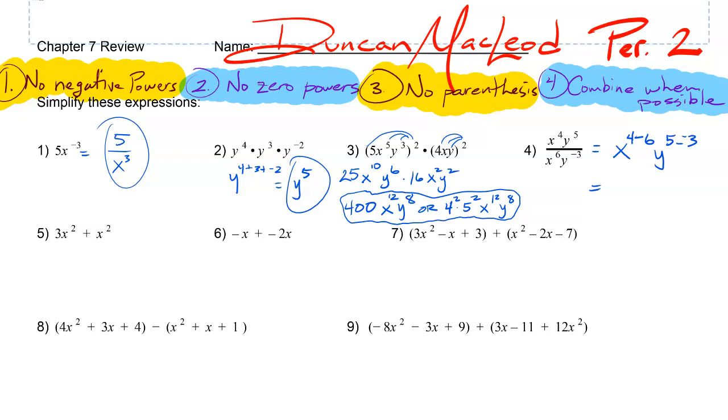So you're always going to take top power minus bottom power. And then you write the answer on the top. So x4 minus 6 would be x negative 2. y5 minus negative 3 would be 8. And then